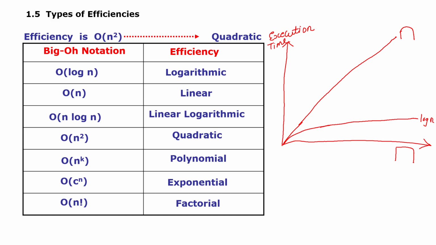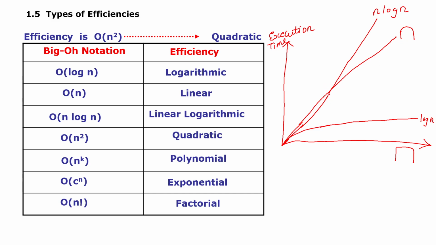Now this is the graph of linear logarithmic. Now I'll draw the graph of linear logarithmic. Because I'm drawing on my writing pad, I may not be able to draw it nicely, but still you'll get an idea. So this is the graph of linear logarithmic. Now answer a simple question. Is the graph of n log n intersecting the graph of n? Yes, it is. So now what does that mean?